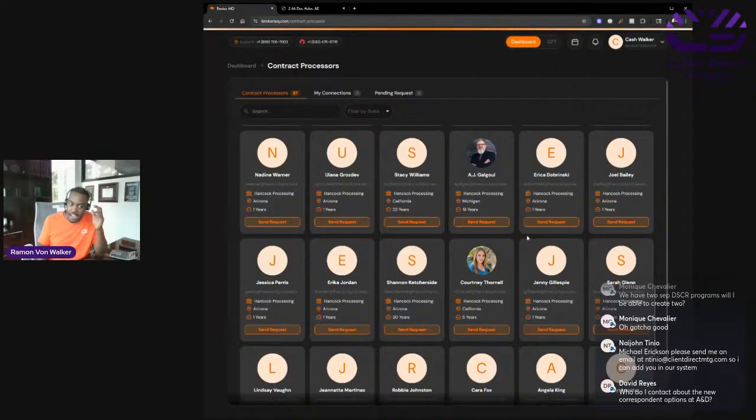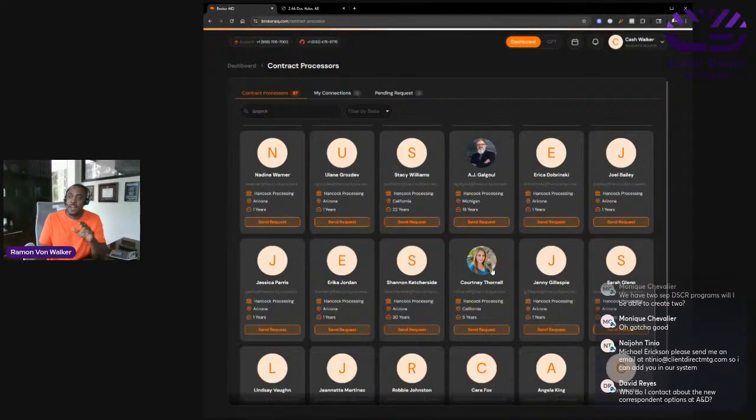I have a real beehive mentality with this system. As a beehive, we can do the work and figure out if the contract processor time that they're going to invest is going to be useful and they're really going to get paid out of it. I respect the fact that they're 100% commission. And from a loan officer perspective, we don't want to spend a lot of time with somebody that we know is not going to be a deal. They don't want to either, right? So our system is going to allow them to have a better process or front end entry for a lot of these loans that are more challenging.